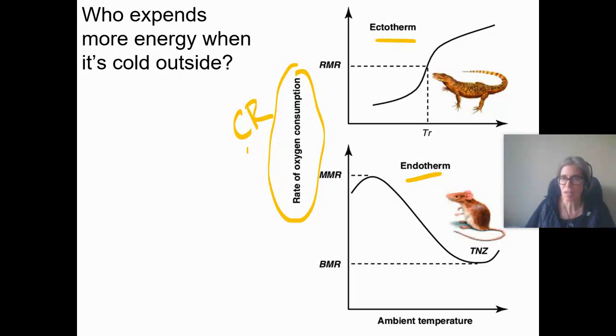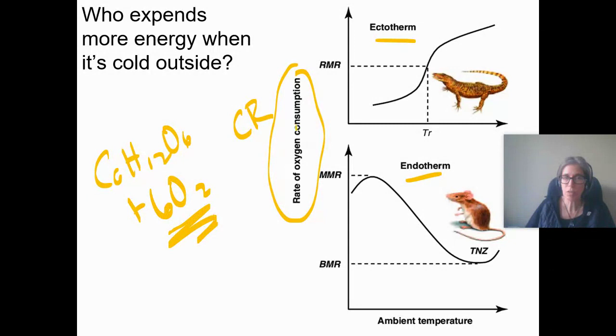Because in cellular respiration, one of the reactants is glucose, but another reactant is oxygen. So if you're using up oxygen, you're doing cellular respiration. So this would be just a small amount of cellular respiration here, and this would be a big amount of cellular respiration here. So if you look at a cold-blooded animal and you're looking at the temperature outside, when it's cold outside,